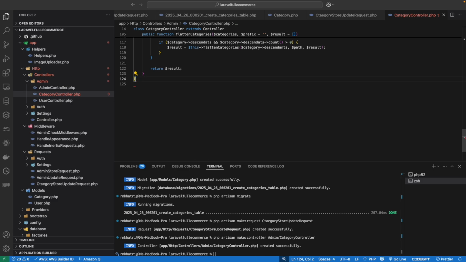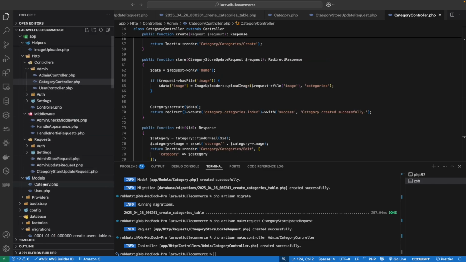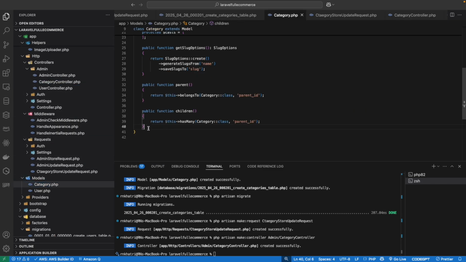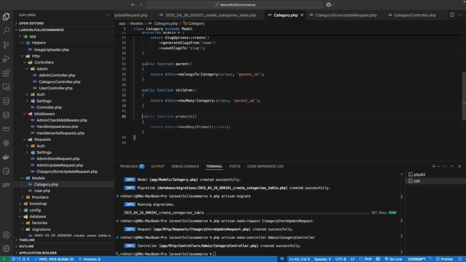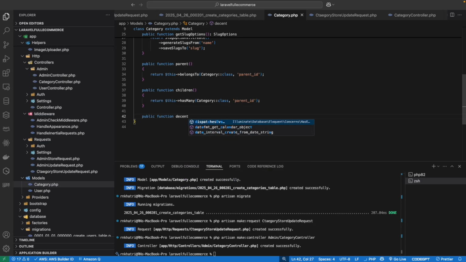So let's make the relation for this descendant. Okay, public function descendants means has main category with parent id is equal to